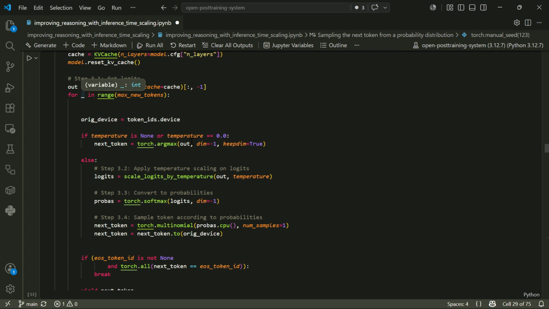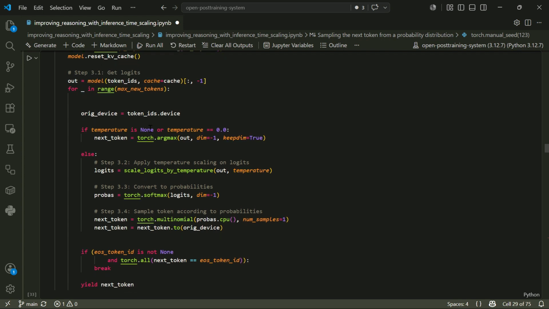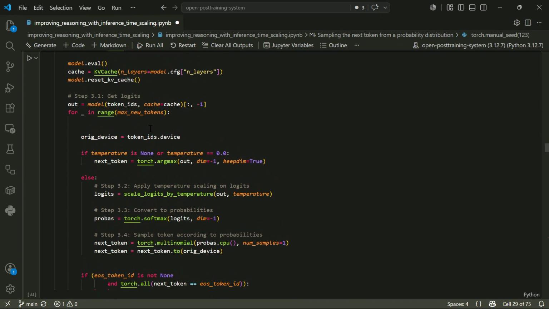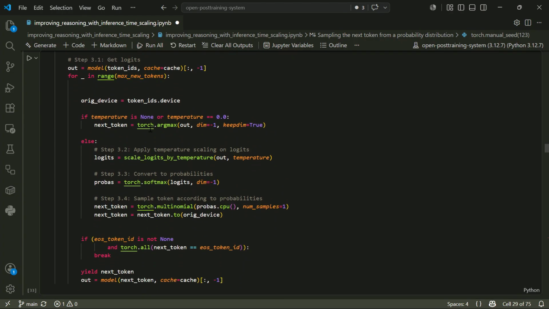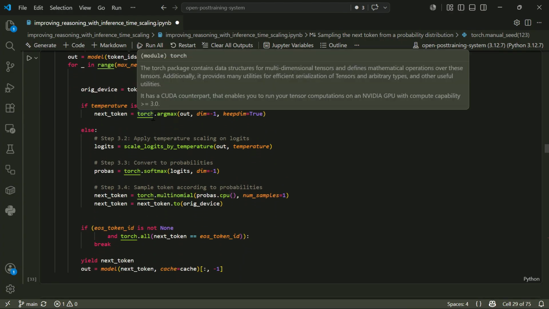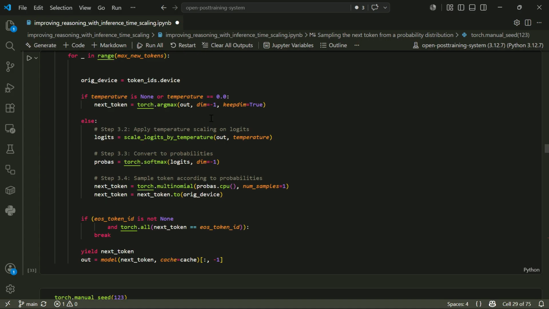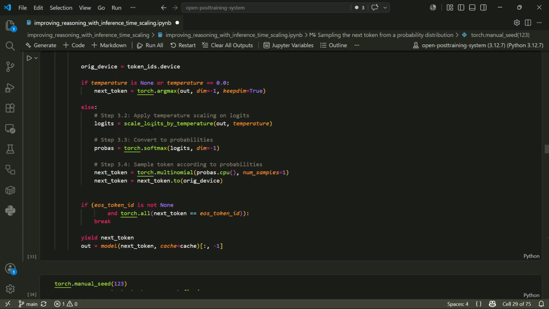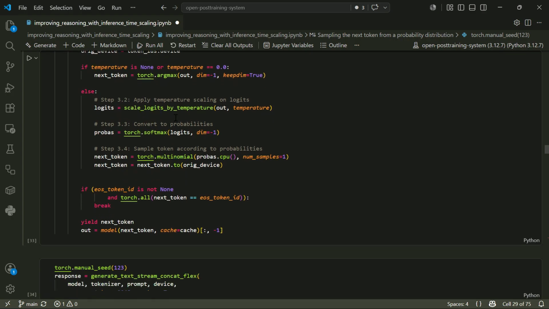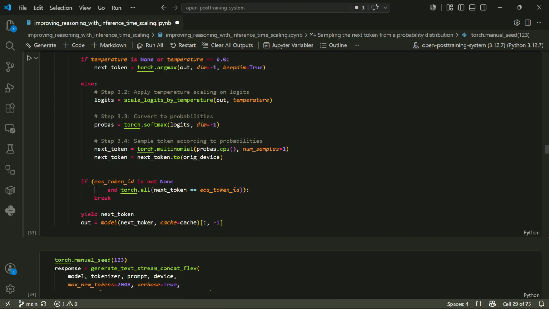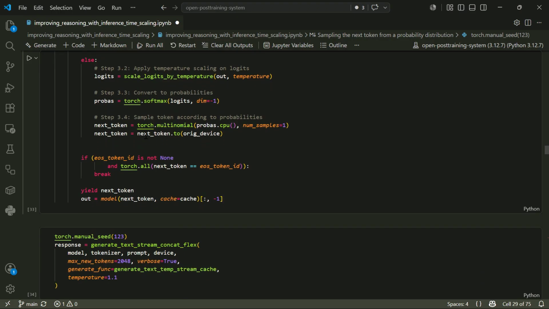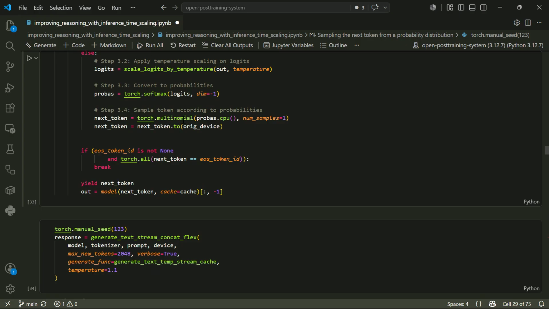Then we will have a loop that will go up to the max new token length. If the temperature is None, then it will simply do torch.argmax. If not, there is some value in the temperature, and we will first scale the logits by the temperature value, then pass those into the softmax function, and then we will be sampling